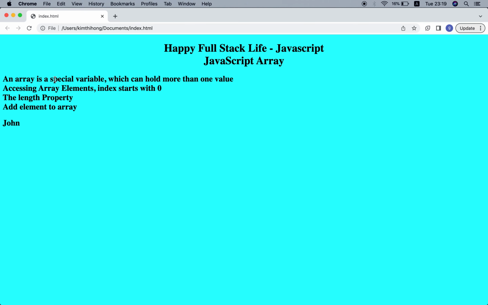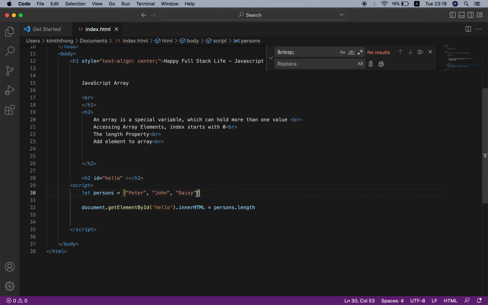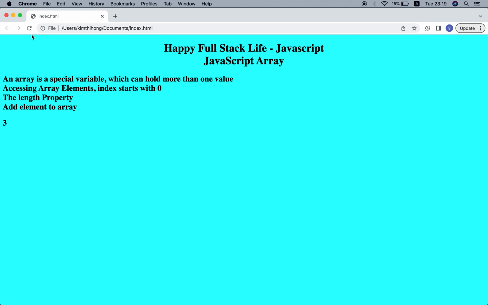Save and check. That's a length of 3. If we add one more person name, Tom, and return the length of this person array, now refresh. Okay, 4.